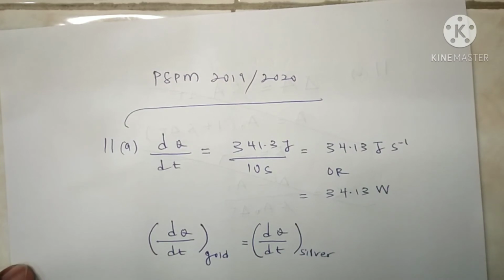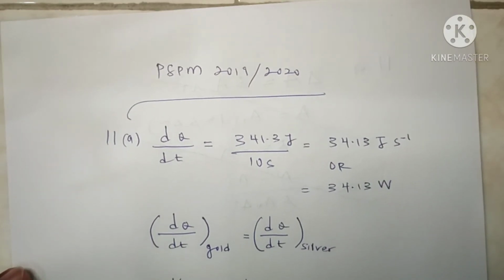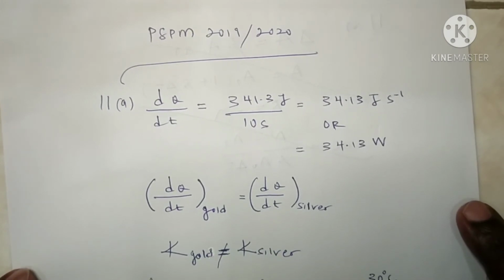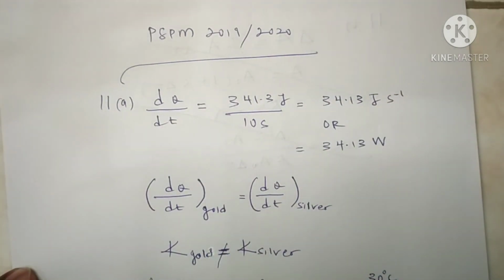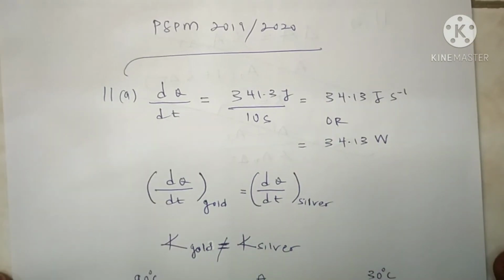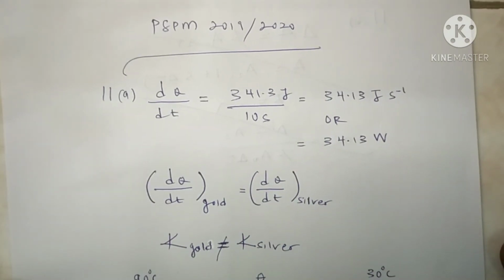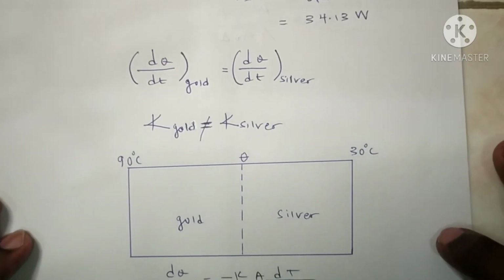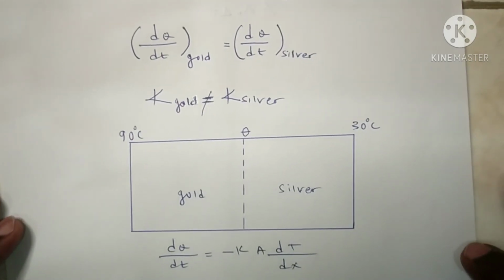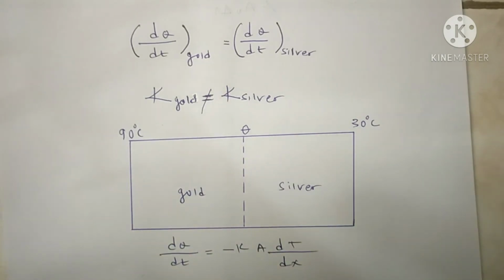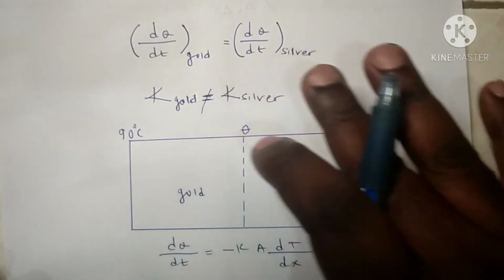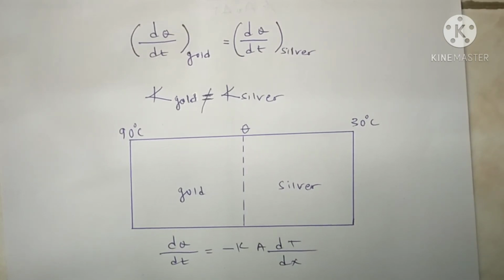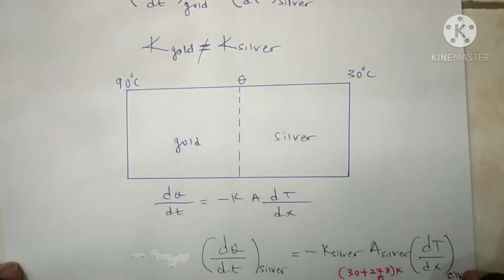And the thermal conductivity K for the gold is not equal to the thermal conductivity K for the silver. By using the formula of rate of heat flow, which equals negative K times cross-sectional area times temperature gradient, we consider only the silver portion and substitute all the values accordingly into this formula,